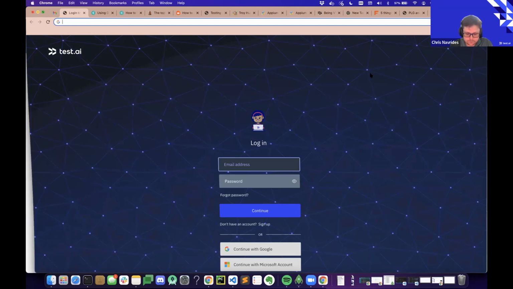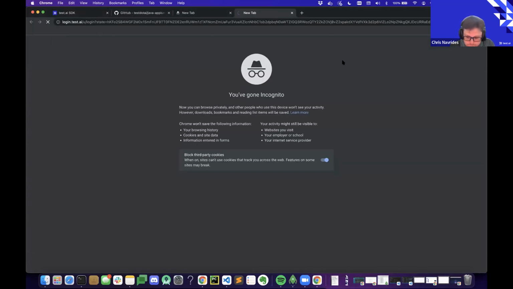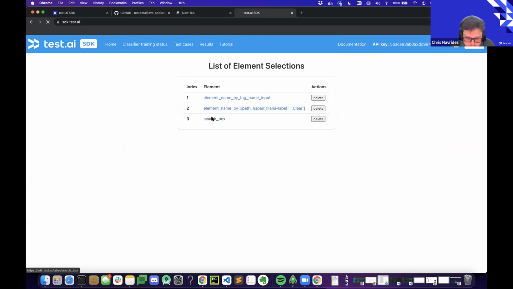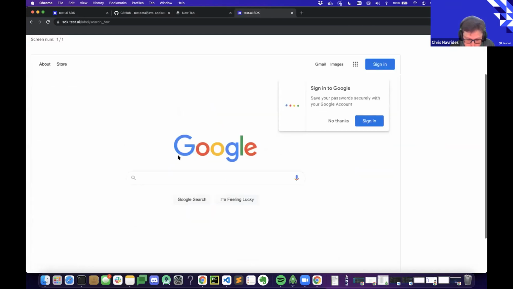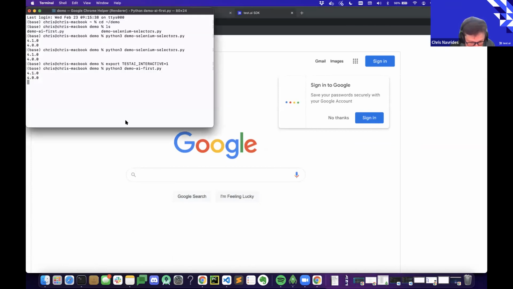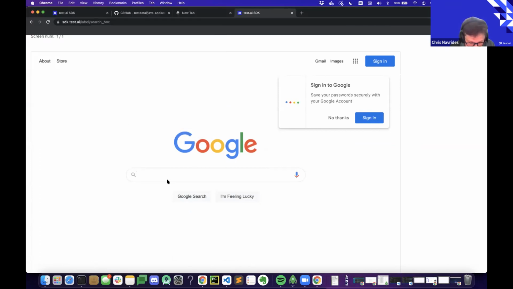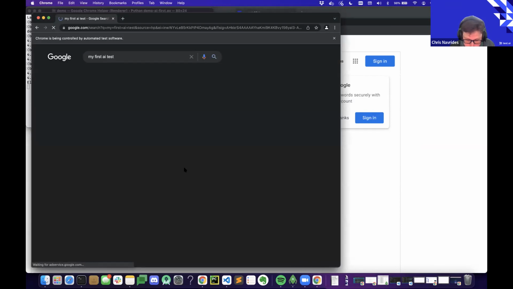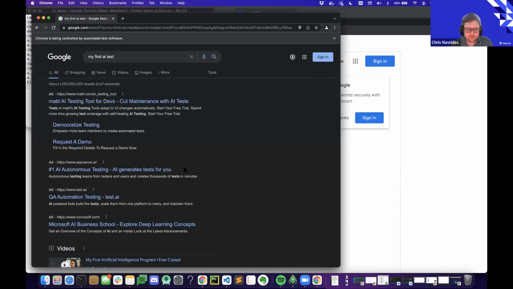It'll then open up this web page, which I thought would go to the one I'm logged into. We'll select a search box. You see it then executes that.